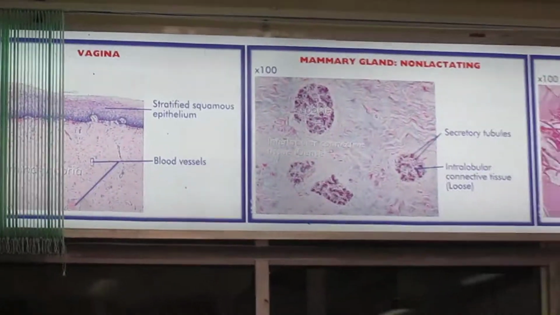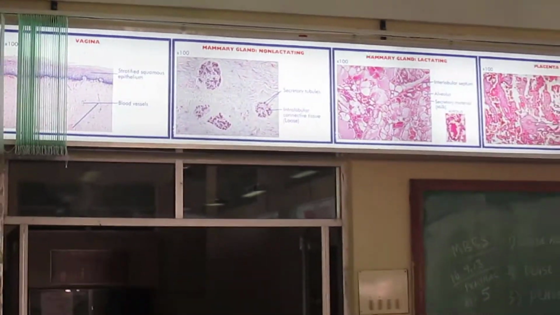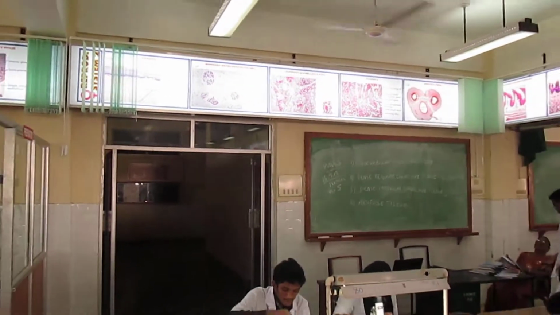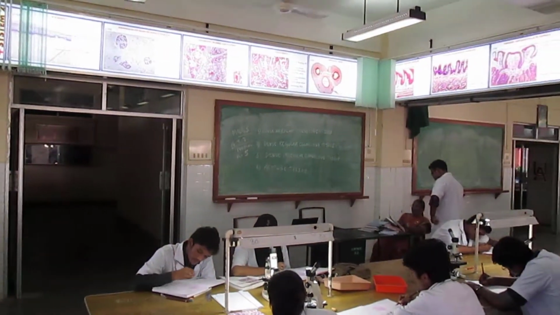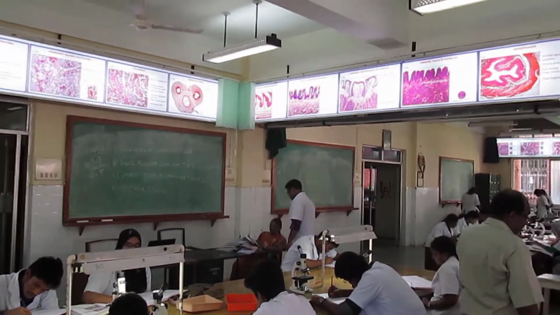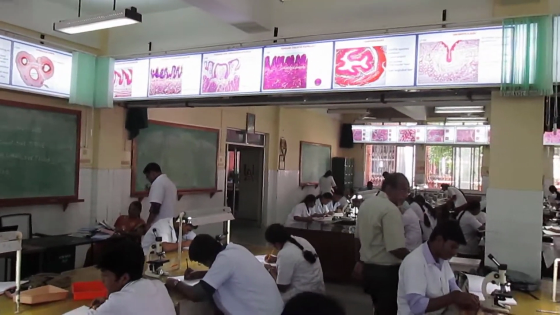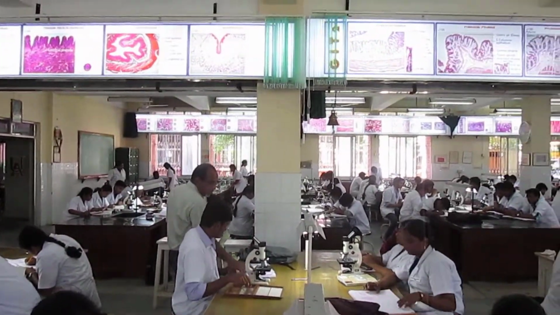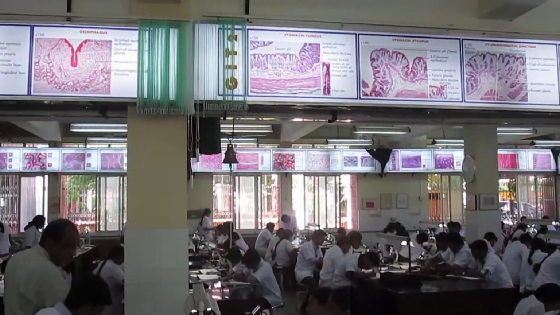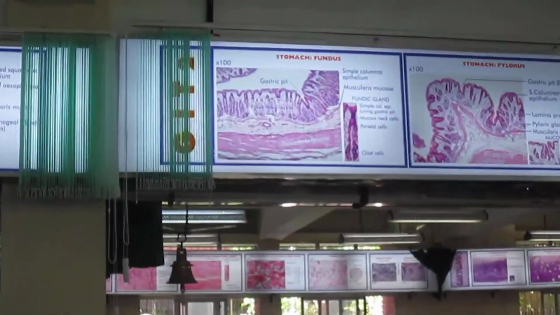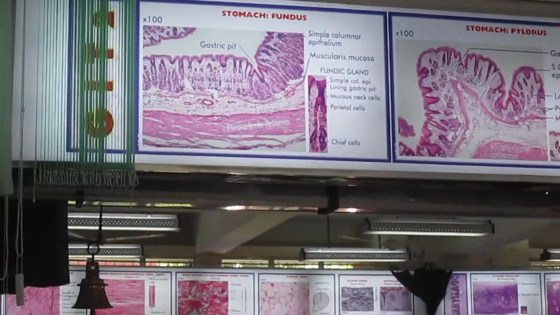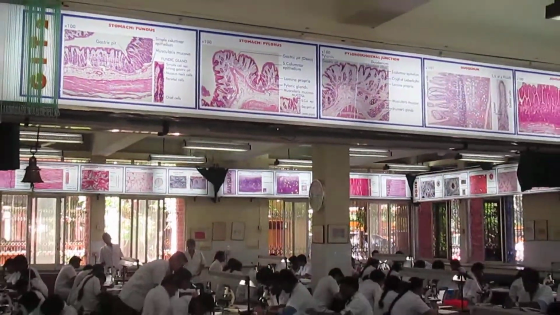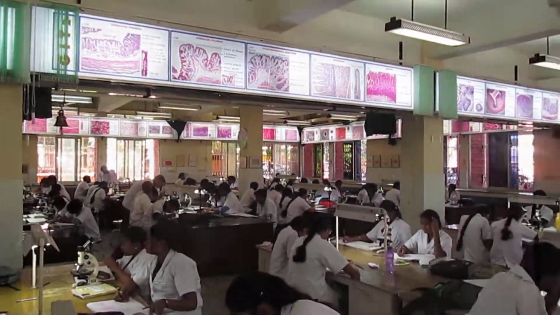The slides which you are going to see in this presentation are not new to you. You would have already seen these slides in your medical school during histology practical classes. Presentation of this type gives a quick review of all the slides with points of identification and related questions which are often asked during discussion of these slides. The whole histology is divided into 18 presentations, each of which is of 15 to 20 minutes duration. So the entire histology can be covered in 5 to 6 hours of viewing and listening. Now let's go to the presentation.